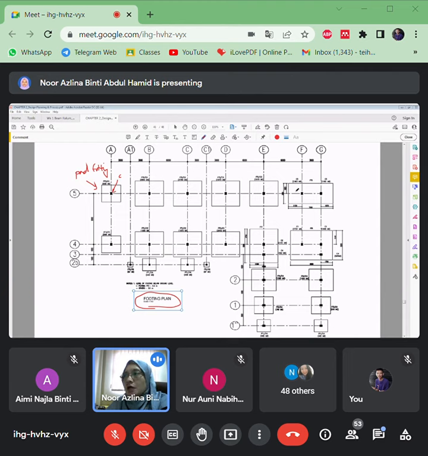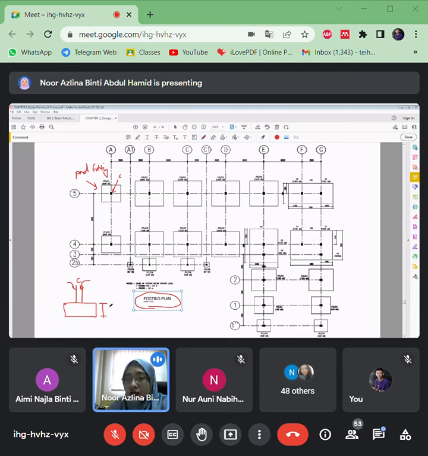If I draw the sections here, this is the column that carries all the loads, collecting all the load from the whole building, from top to bottom, and then this load will transfer to this pad footing. The thickness must be higher compared to the slab.